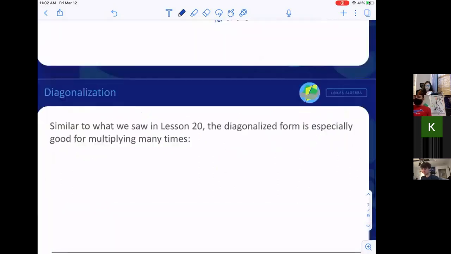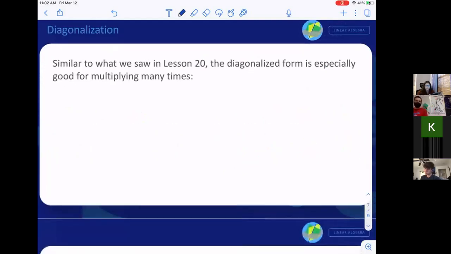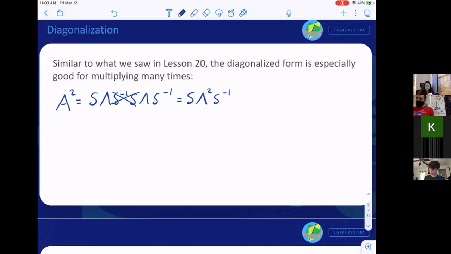Our main benefit is similar to what we saw yesterday with our eigenvalues and eigenvectors. In diagonalized form, it's really easy to multiply A multiple times. So A squared would be S lambda S inverse times S lambda S inverse. Right, that's A times A. We'll notice these middle S inverse times S will give me the identity. And this will be S times lambda squared S inverse. Remembering that lambda is a diagonal matrix, so for lambda squared, all I'll have to do is square the diagonal.